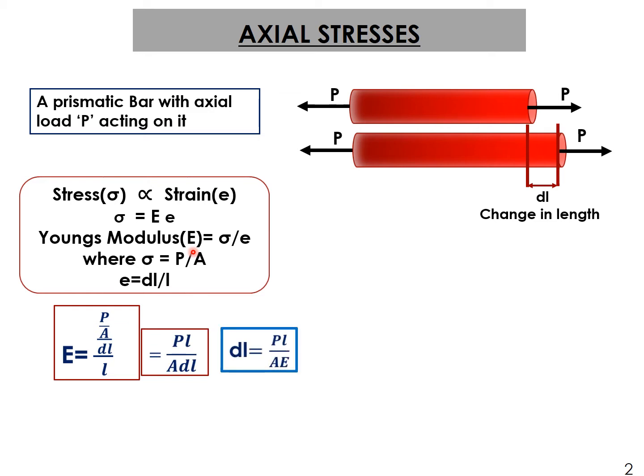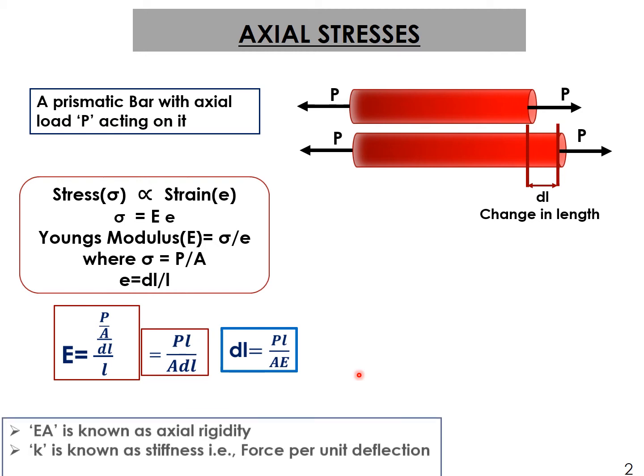So the change in the length, which has been shown as dL here, is equal to the product of applied load and the length of the specimen or bar divided by the product of cross-sectional area and modulus of elasticity. This is the very basic formula. In this formula, we have delta L, P, L, A, and E. We have 5 players in this formula. Now it depends upon the given situation, the given problem, what is to be determined. This is a single equation with us. Using this equation, we can find any unknown, and that unknown depends upon the given problem. One thing is very important.